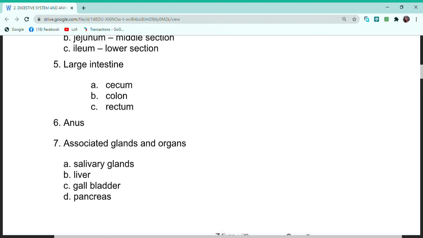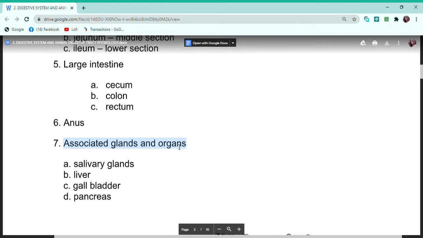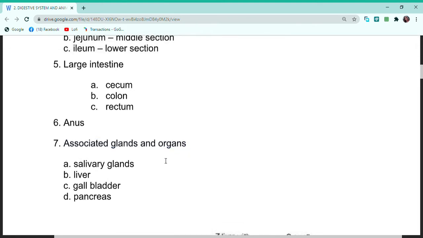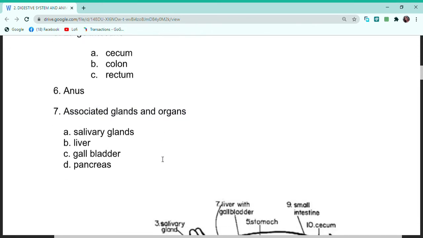We have associated glands and organs of the digestive system. So what are these associated glands and organs of the digestive system? We have the salivary gland, liver, gallbladder, and pancreas. Those are the associated structures and glands of the digestive tract. And now also in your